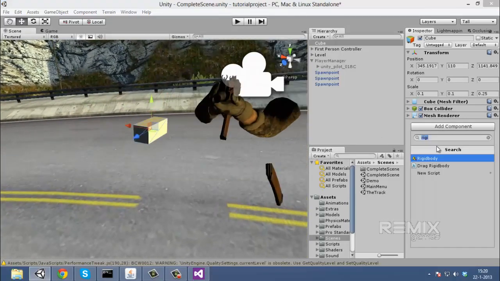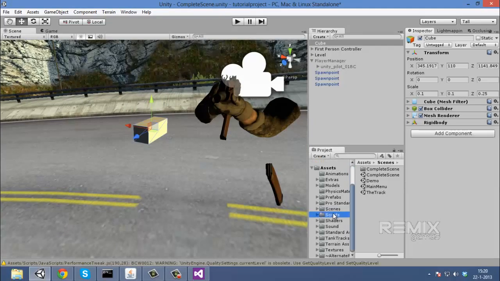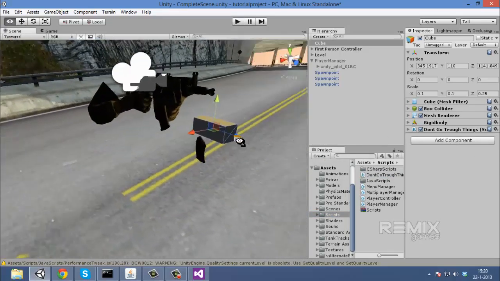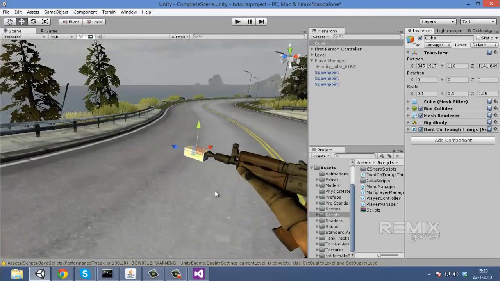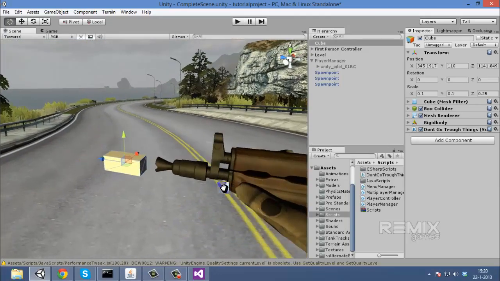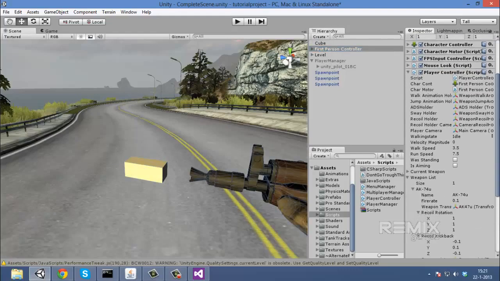Then I'm gonna add the rigid body again. And then I'm gonna add the script again. And now the bullet is already ready. I can tell you that, but it won't do anything other than just fall down. Now we're gonna edit the player controller,